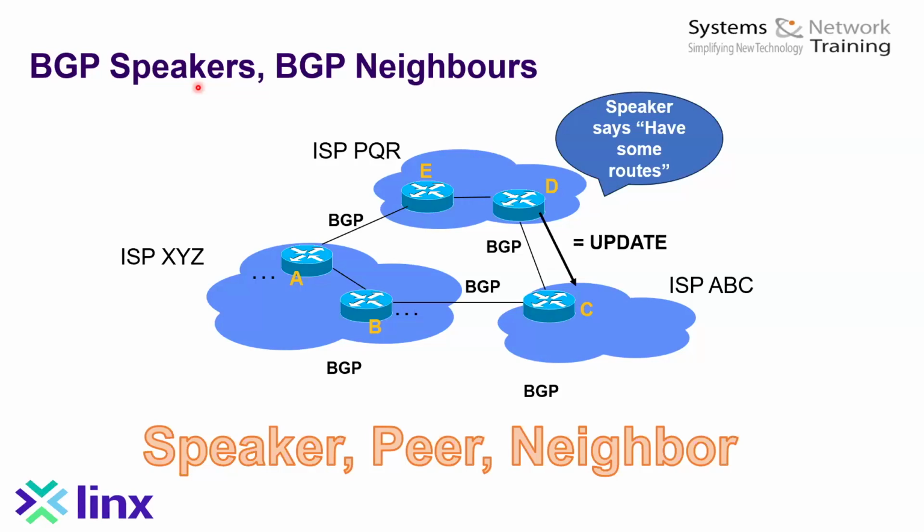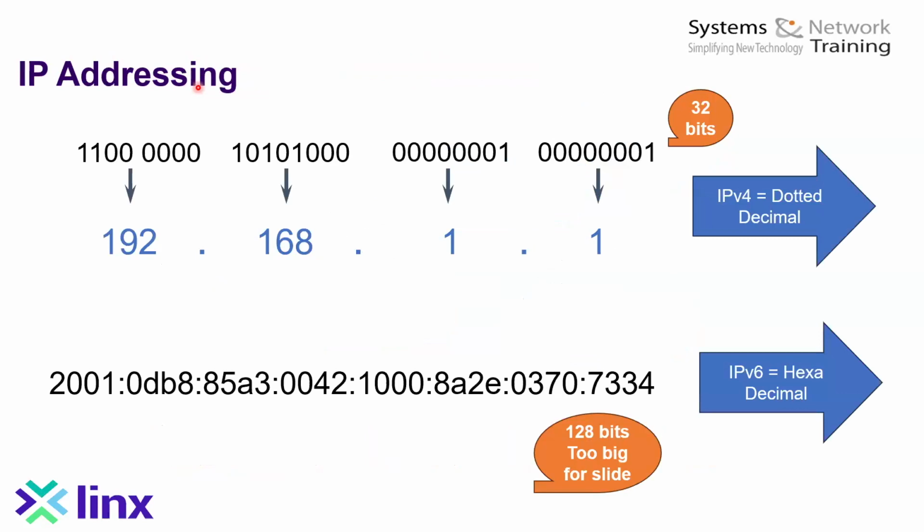Now, BGP is nothing without IP, the Internet Protocol that we mentioned before. These routes that are being shared in updates are all based on this other terminology of IP and IP addressing. I want to make this fairly straightforward to understand. So let's have a look at IP and IP addressing, and we can put this in the context of what BGP is doing for IP and IP addressing.